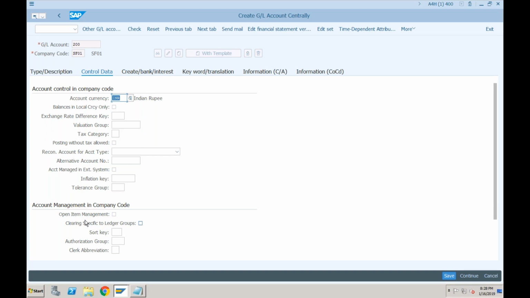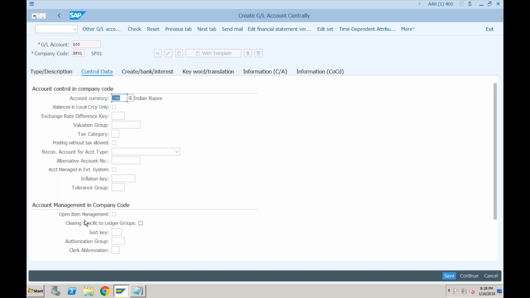But now, when we are talking about the SAP HANA database, we already discussed that all those restrictions are gone. Because the HANA database is very fast, even if you have billions of lines, it will not make any difference. Because we are using column-based data storage and a calculation engine, if you remember all those points that we discussed. That is the reason SAP said, no worries, line item display will be active for all GLs going forward. So you don't need to specify whether line item display is active or not. It will be active by default for all the GL accounts.